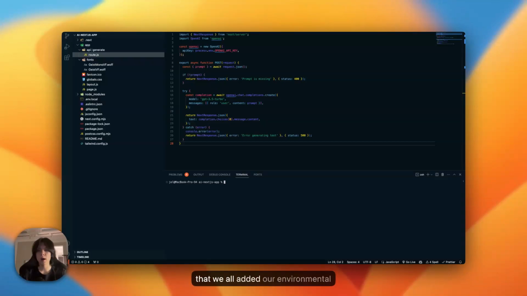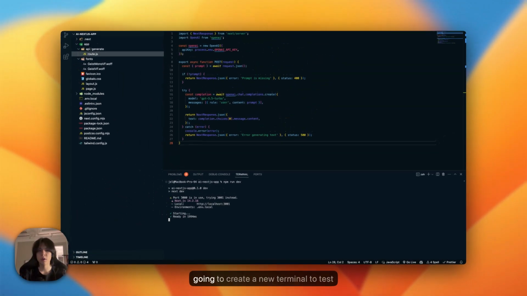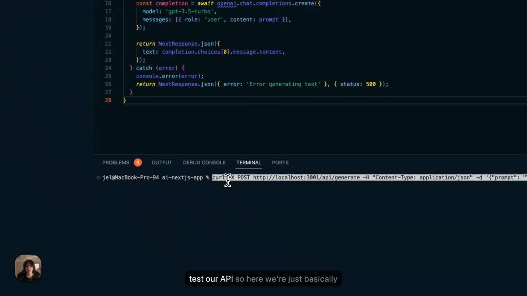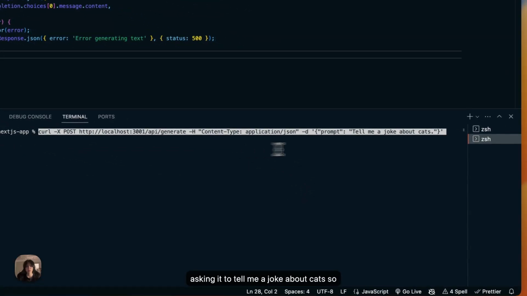Now that we've all added our environment variables, restart your server by running this command, npm run dev. After you've got your server running, we're going to create a new terminal to test out our API route using a tool like Postman, Insomnia, or even curl. In my case, I'm going to use curl, so create a new terminal here. From our lesson, simply copy the command for curl to test our API. Here we're basically asking it to tell me a joke about cats. So once we run it,